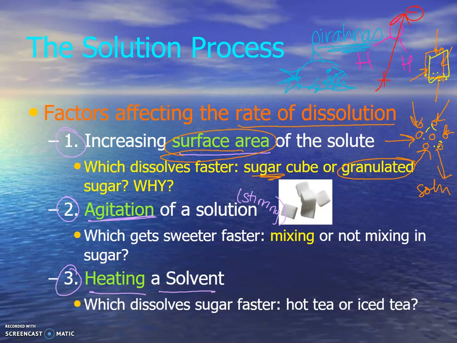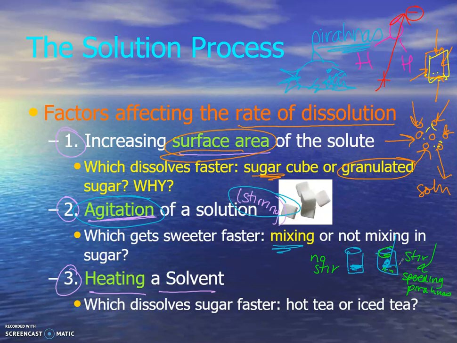All right, the second thing, which seems pretty obvious, is you are going to agitate or you are going to stir it. So if you added sugar to two containers, one of which you used a spoon to stir and the other you didn't, which one would dissolve faster? It's going to be the one that you stir. So the reason why that works is because you are basically speeding up the water molecules. You're adding little jetpacks to the piranhas,